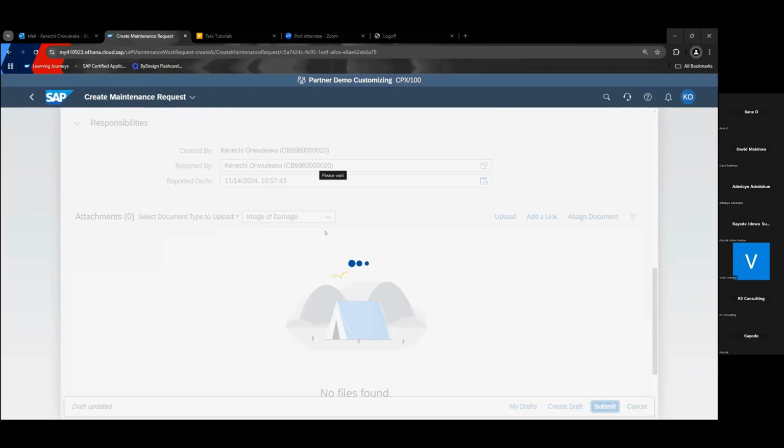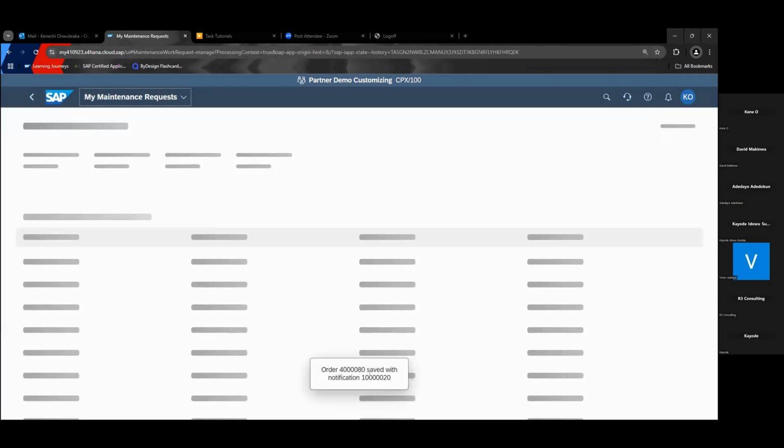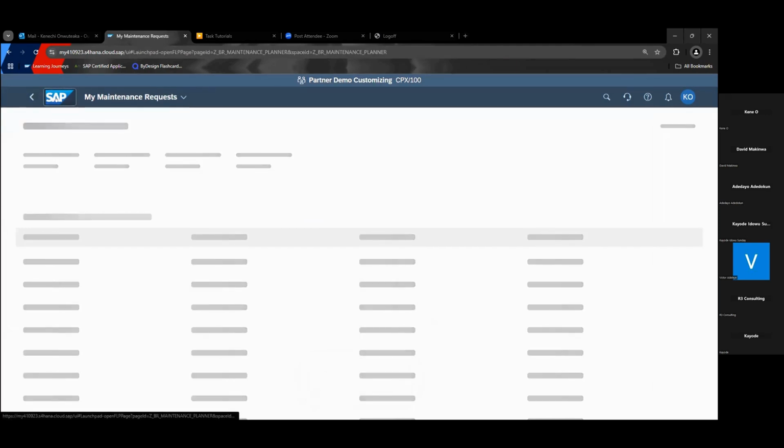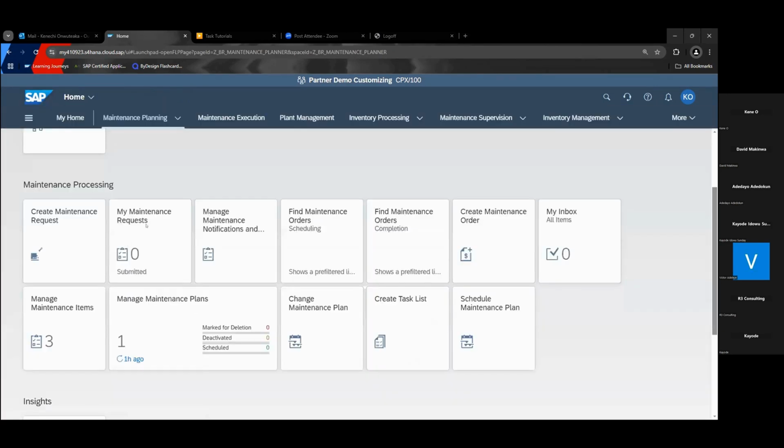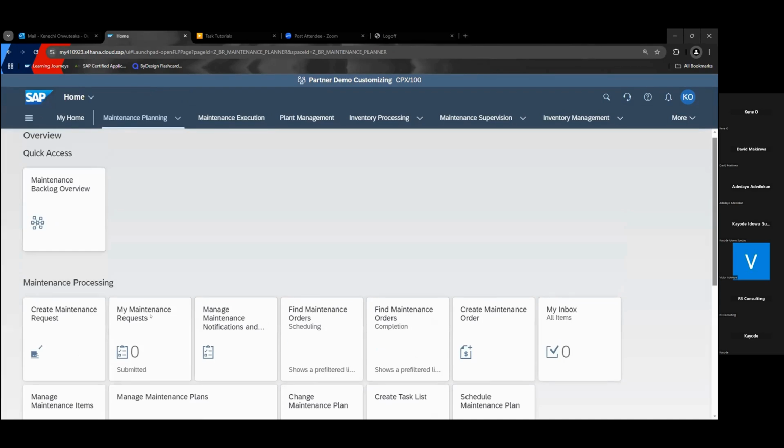Give me a moment, let it load. Okay, so we see the order has been saved with a number starting with 400, and we need to note these numbers because they are important for us going forward.